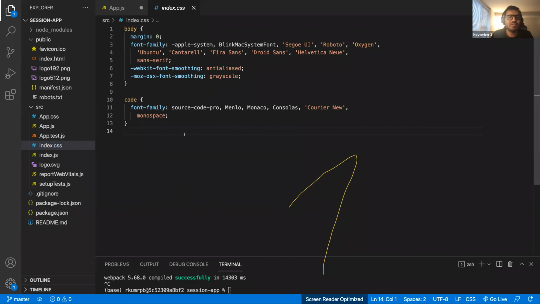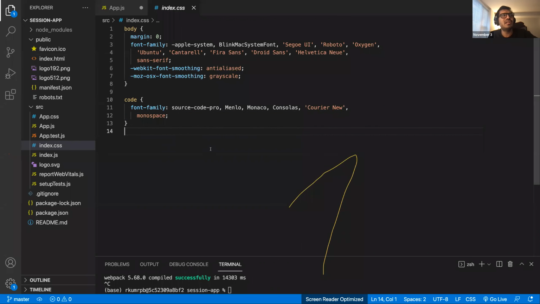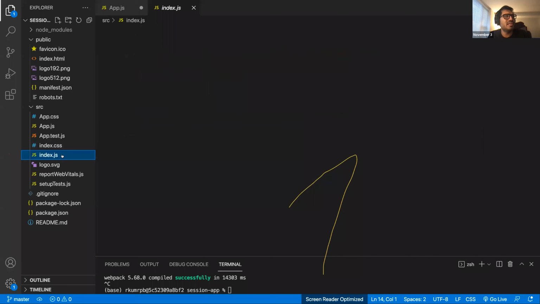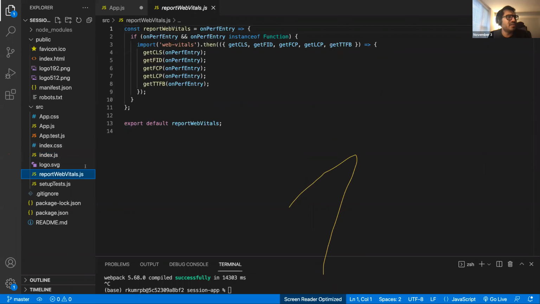ठीक है, फिर आते हैं index.css फाइल पे। index.css फाइल, नाम से क्लियर है। एक तुम्हारे पास index.html है, उसके लिए जो सेंट्रल सीएसएस है that is written in the index.css file, and then you have the index.js, I'll come to this. logo.svg क्लियर हो ही गया। रिपोर्ट वेब वाइटल्स, ये तुम्हारे कुछ क्रिटिकल मैट्रिक्स को एमिट करने के लिए यूज होता है। अगेन टोटल फैंसी थिंग, यूज करना है करो, नहीं करना है मत करो।